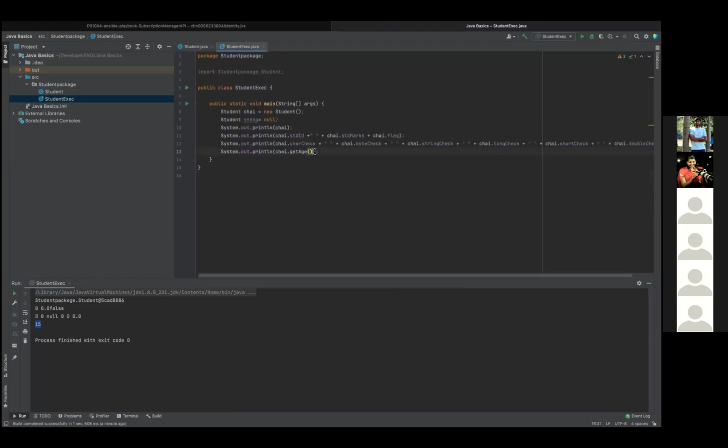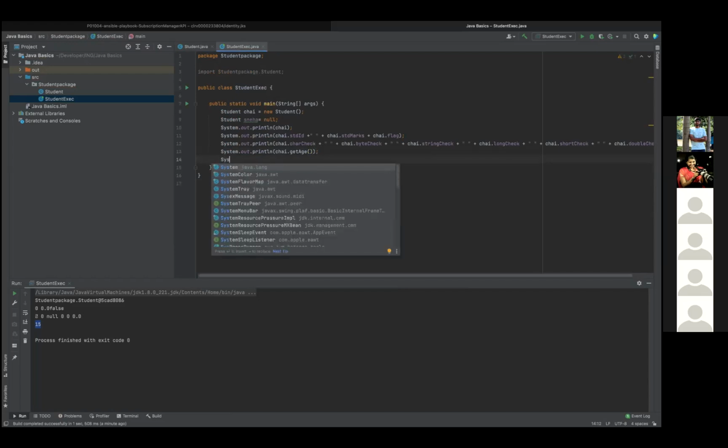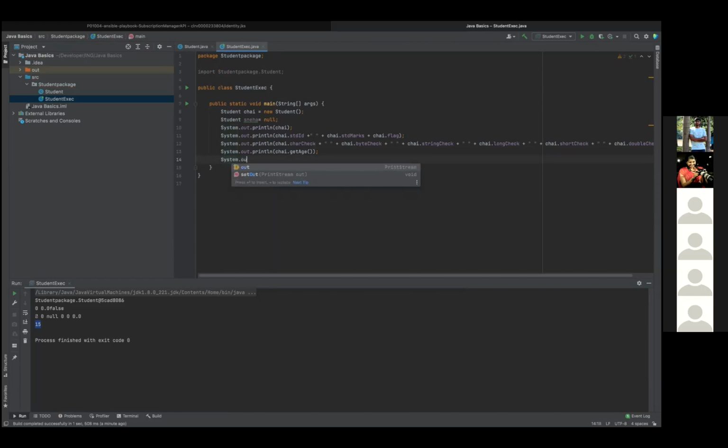Now here, before or after that getAge line, can you just give the object name, don't print right now, just give the object dot setAge, and within that, pass some random int value, you can give 20 or some number. Now can you copy the above line and print it again in the next line?